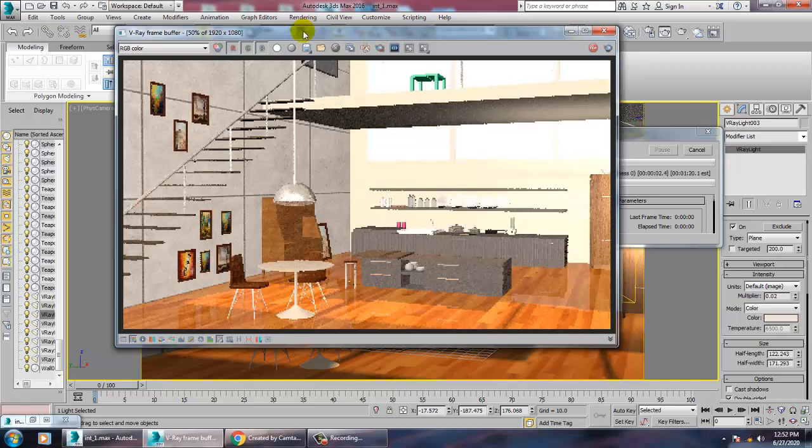Much better. Still we need to reduce it, because our main key light is your sunlight.